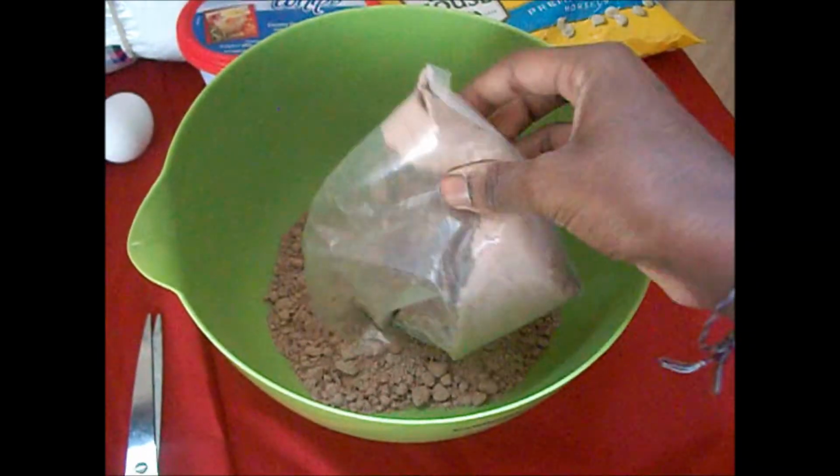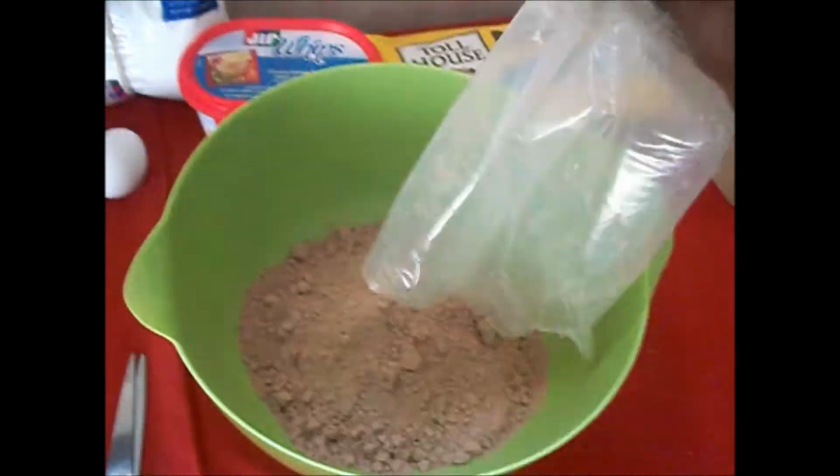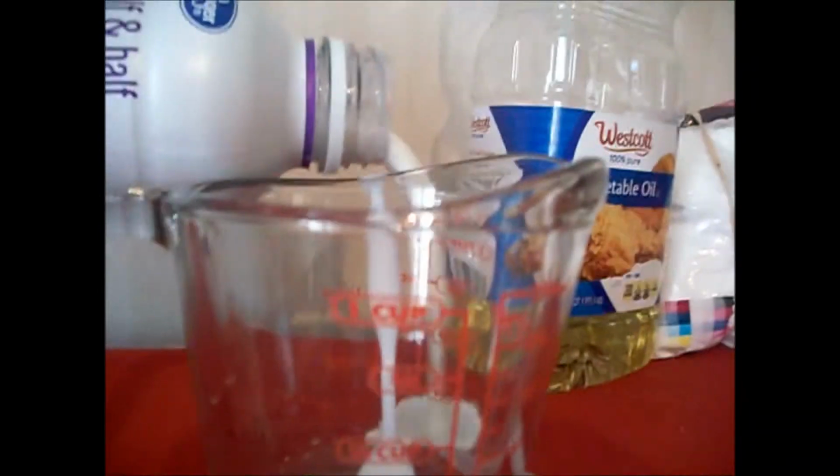Now take your cake mix and pour it into your large bowl. After your eggs have been added, measure out 1 cup of your...